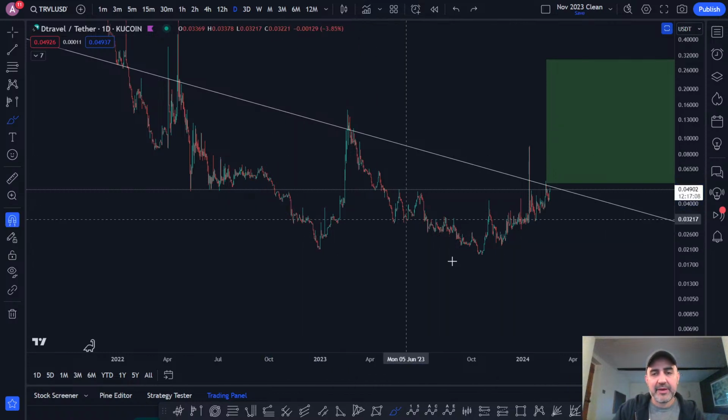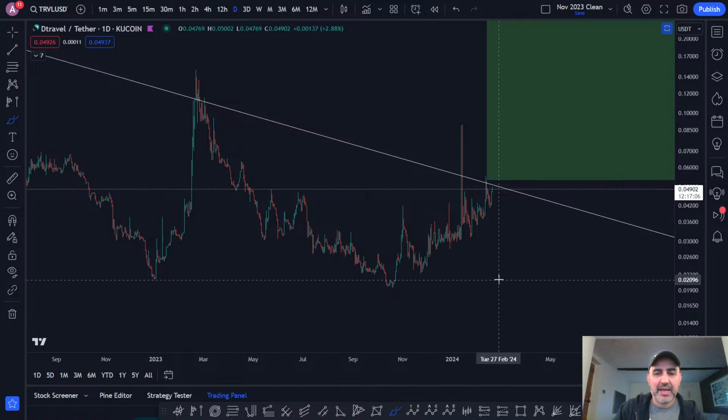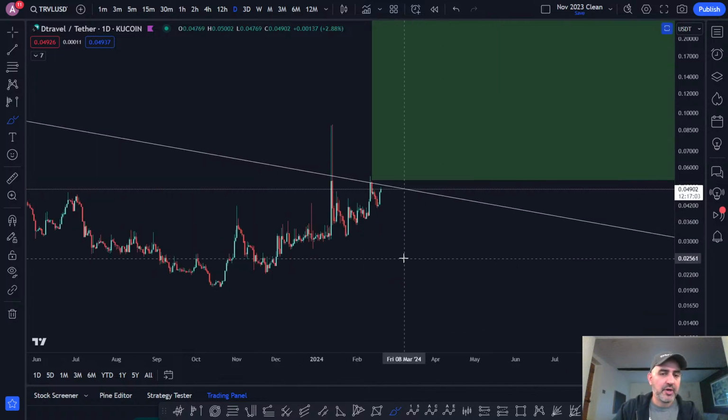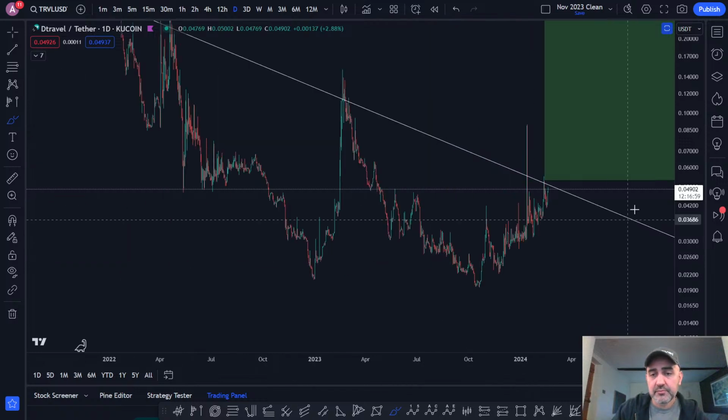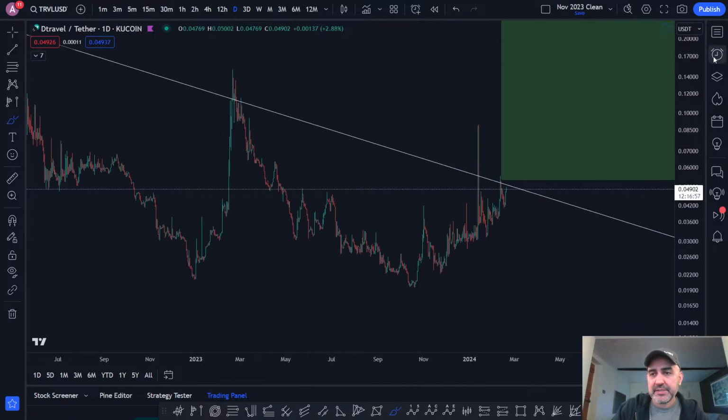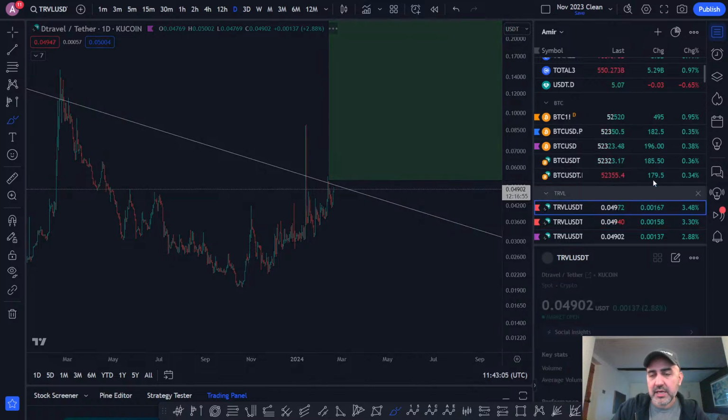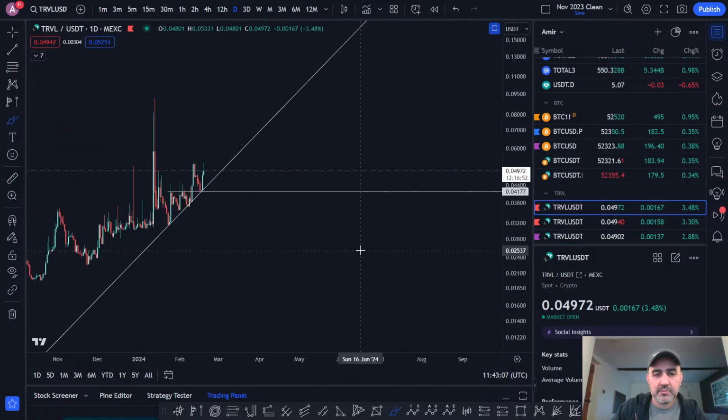So it's just something to bear in mind. What you really want to see is the bullish divergences at the low, which give you the right indications, which is that the price is being absorbed. So that's something to bear in mind. So if we go back to my MEXC chart,